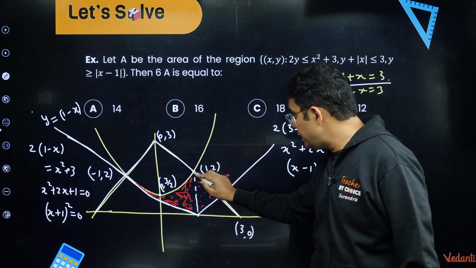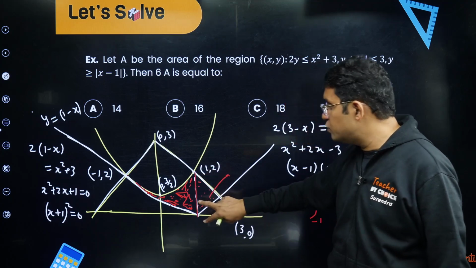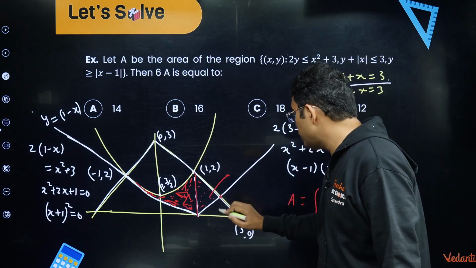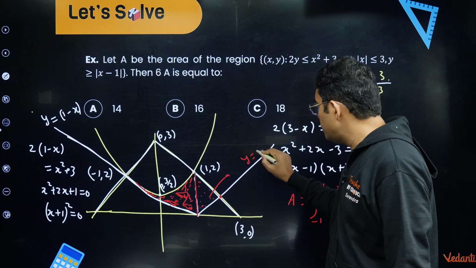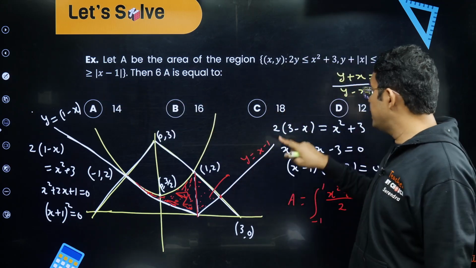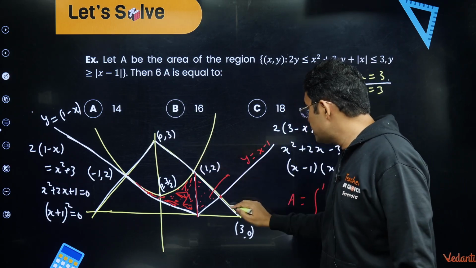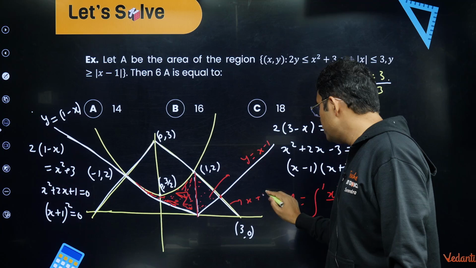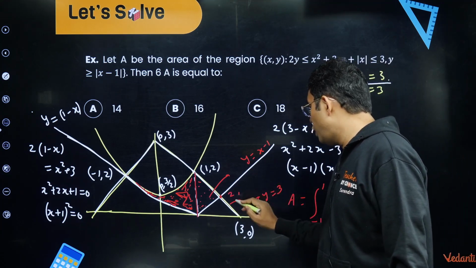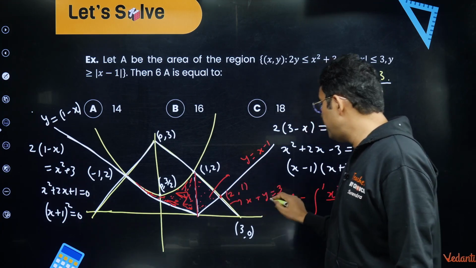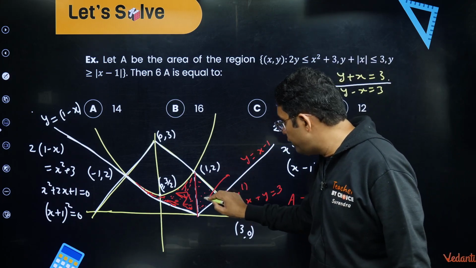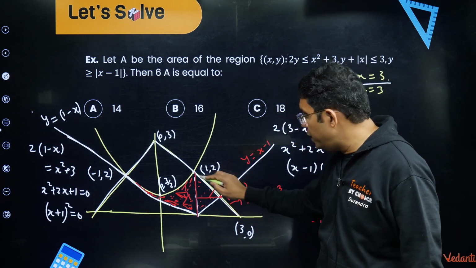After that, this is a simple triangle, so there is no need to find this by integration. You can see this has base equal to 2, and y coordinate 2, and this point. For that I need to find this point also. So this is y = x - 1, the right portion of y = |x - 1|, and this is x + y = 3. If you solve this, you get this to be (2, 1). You can check (2, 1) satisfies both of them.